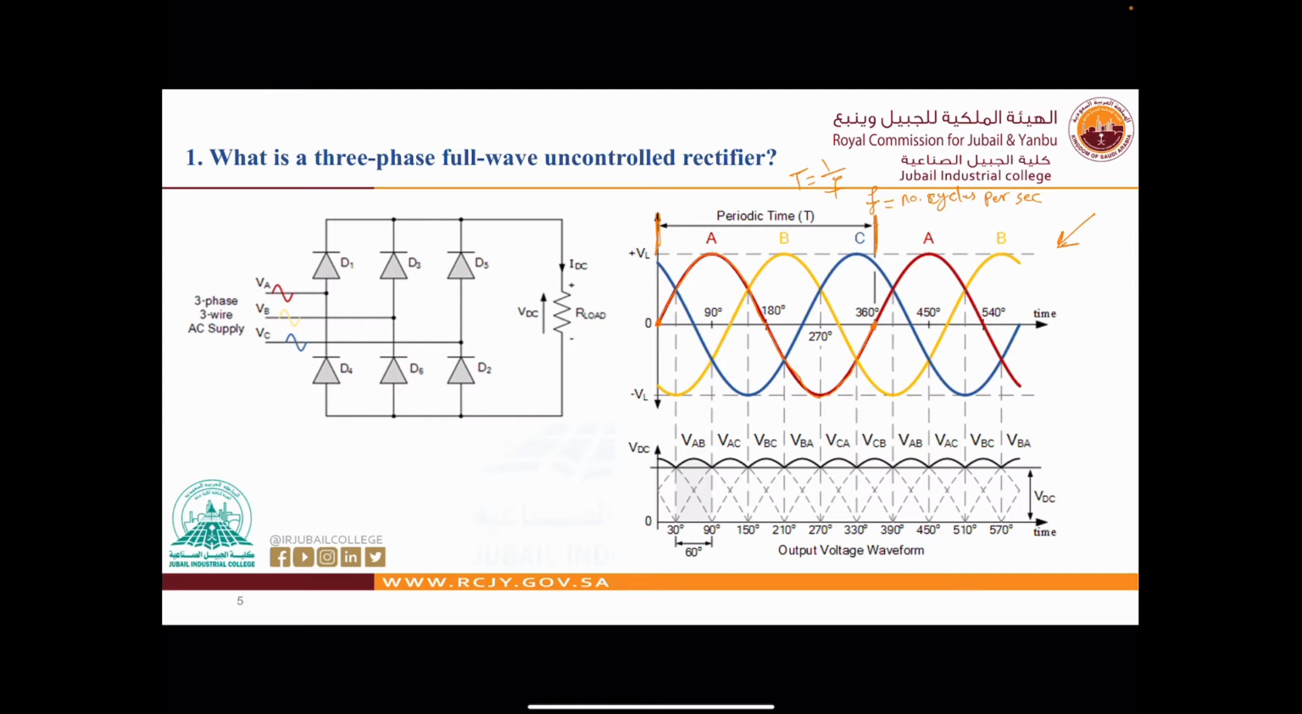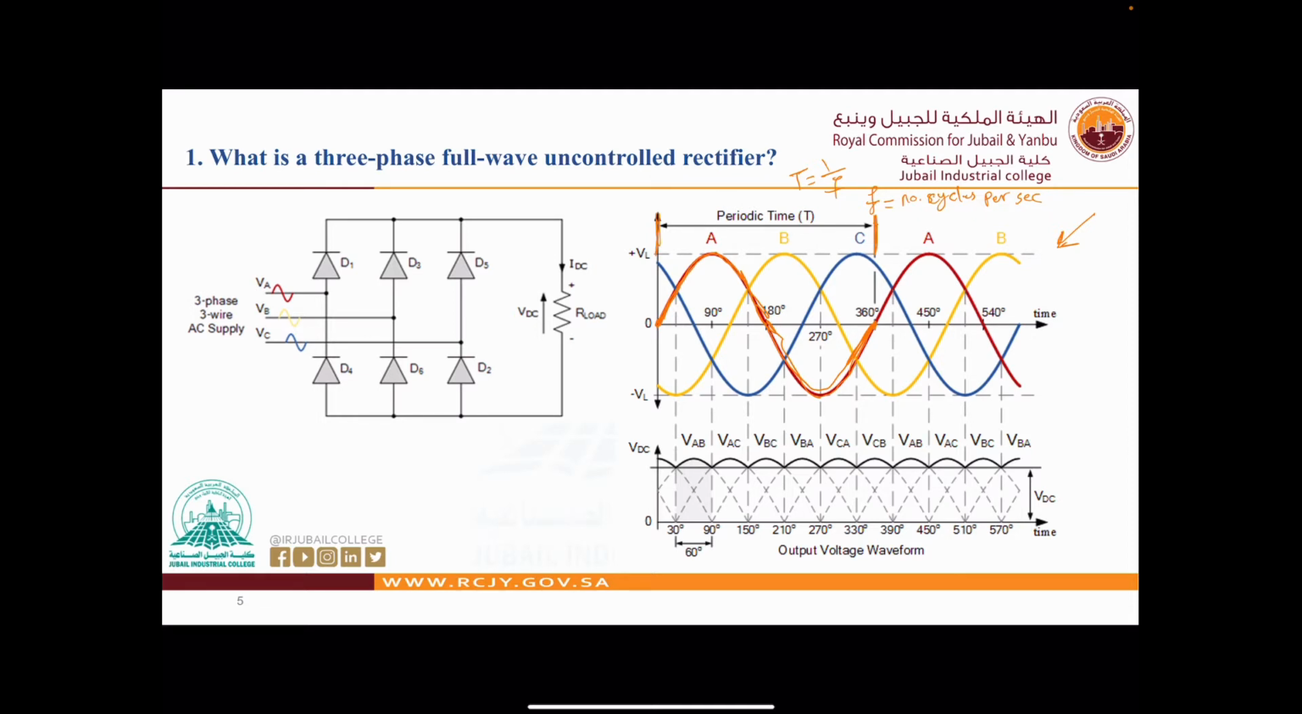So it will start from here, from 0 up to the maximum, and then it will finish here. So this is one cycle. So 1 divided by 1, the time of the period is 1 second. Okay, now